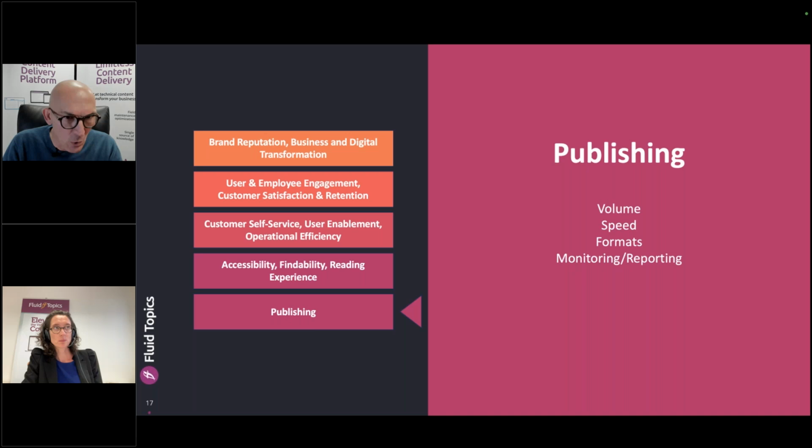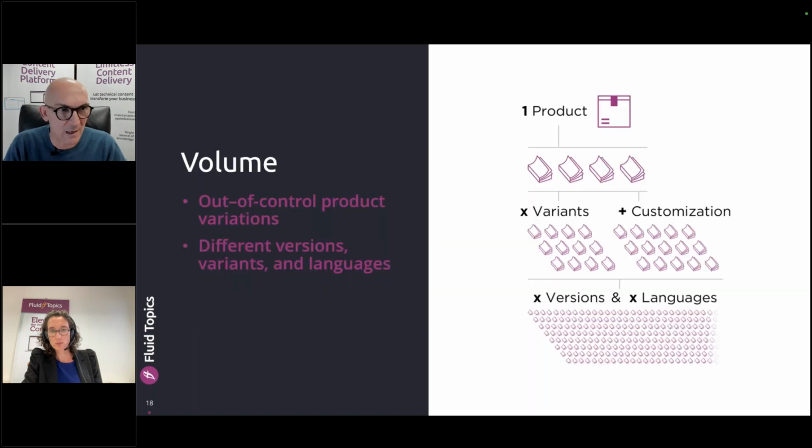So most of their challenges are around coping with more volume, the speed of delivery, the formats to be handled, more formats added as more content sources appear, and the way they can monitor and report on that. So that's really the key thing.